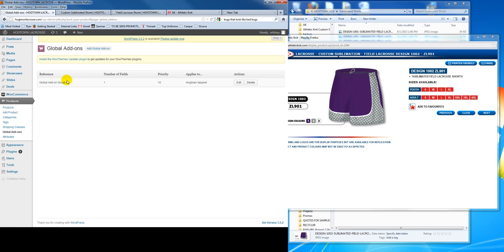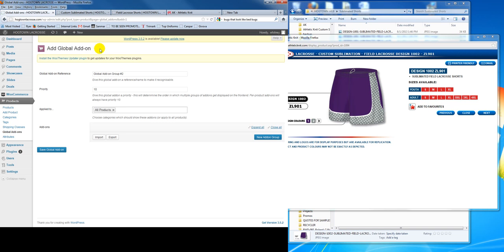So a global add-on is something that you want to add to all products, or a large number of products, without ever having to edit them. So for example, you could say, see here you have all products. You could also pick a certain category. So you could say maybe you only want to put back numbers